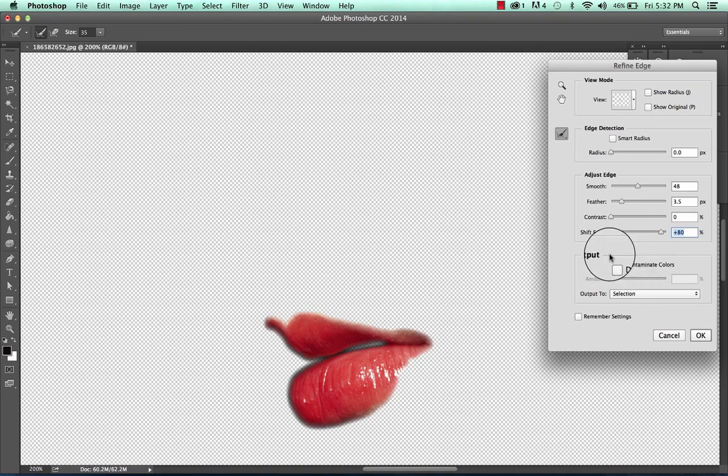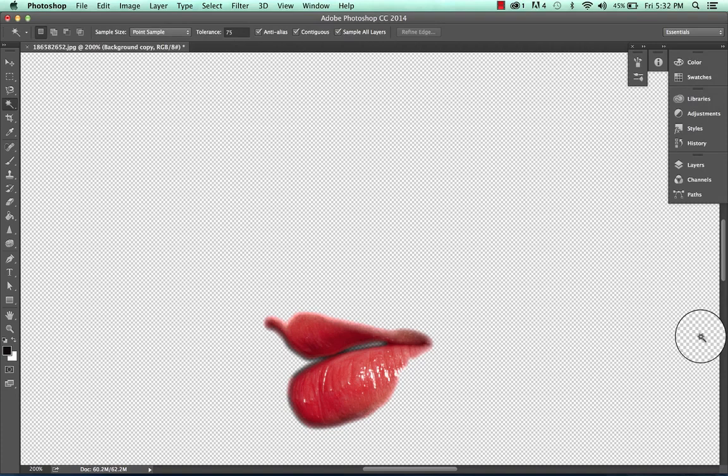Don't worry about the decontaminate colors option. It's very rare that you're going to have an issue with that. That's just for when it brings it back to your selection and it's going to do a new layer and a new mask or a new document. It just depends on what you want. So if we go OK,